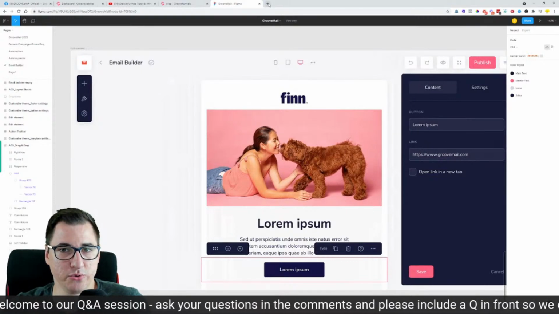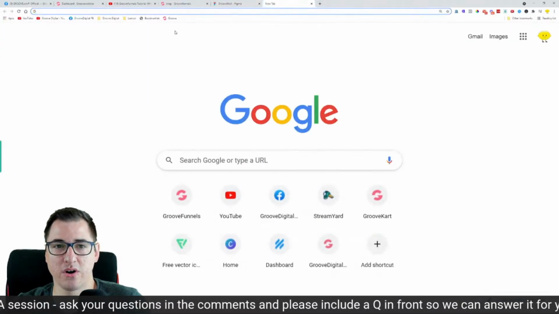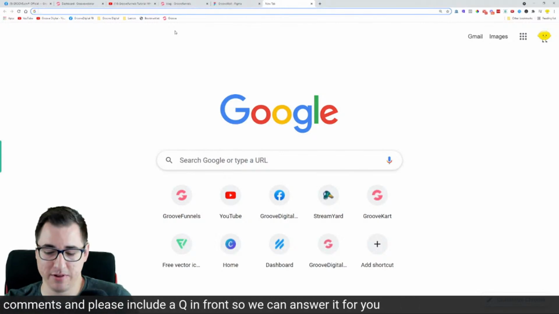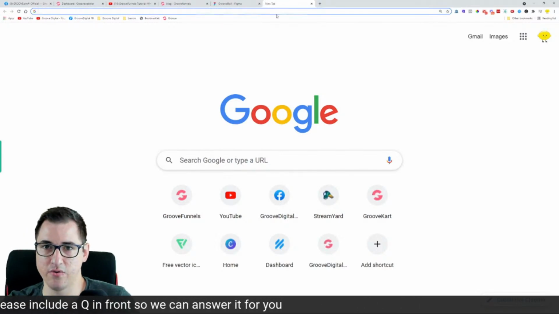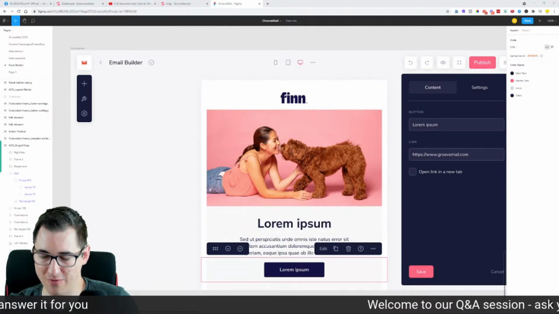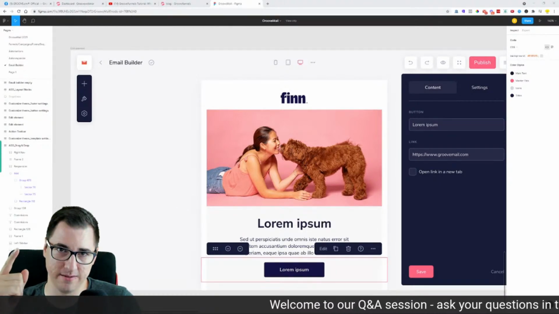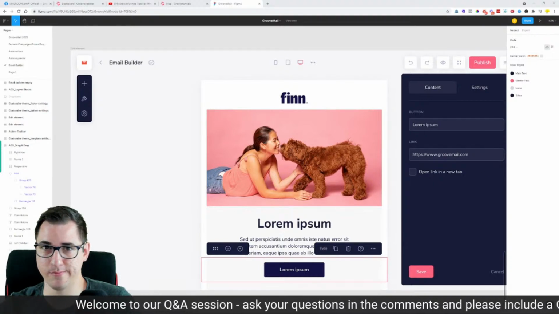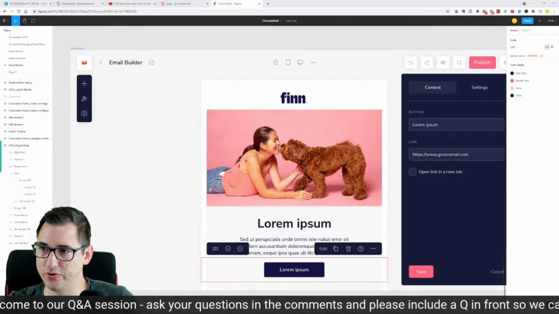At this moment, we do have a new UI for the email builder, the textual email builder that we have in Groove, but that is just the base of what we need to have. This is going to be the thing that is going to make a big change. Let me just show you.